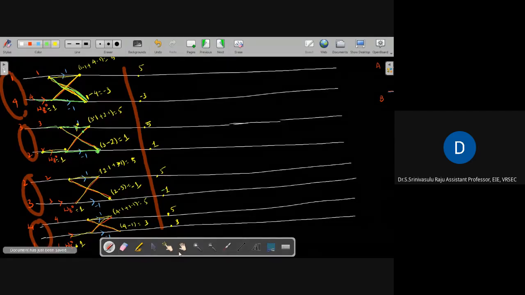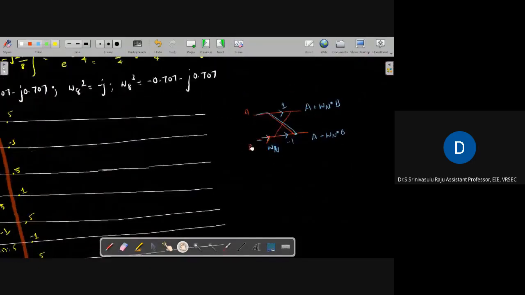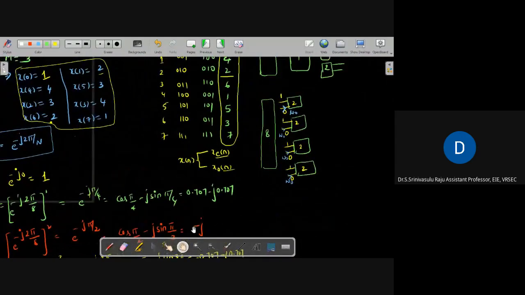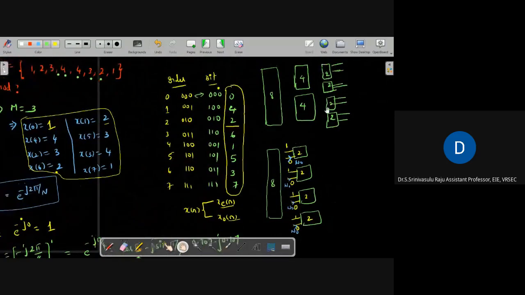So what is the procedure? The procedure we have seen right here somewhere. See, first we divided the number of 8 elements into 4 blocks, each block having 2 elements. Now you have to frame 2 blocks. Each block will have 4 elements. Okay, so each block will have 4 elements and inputs.